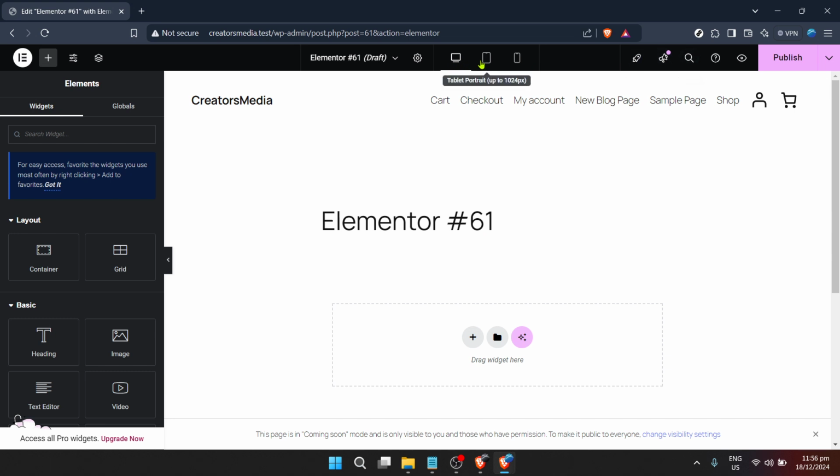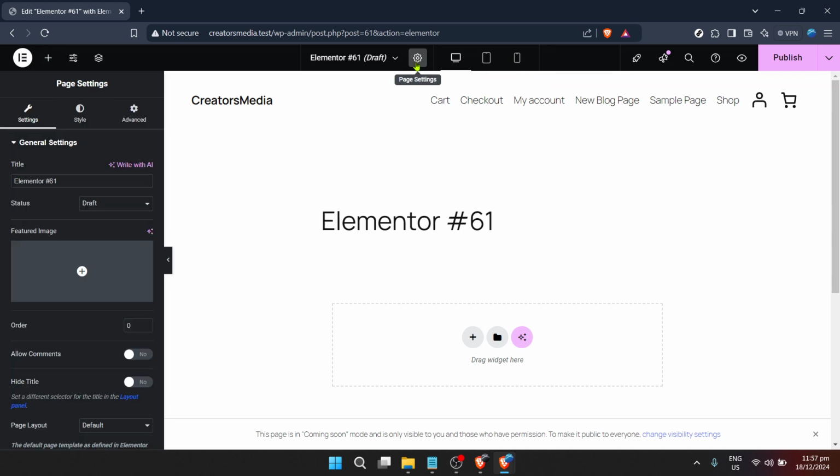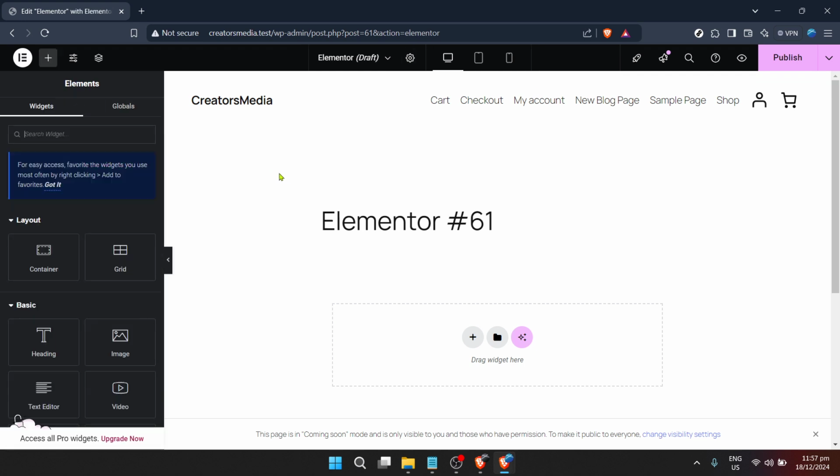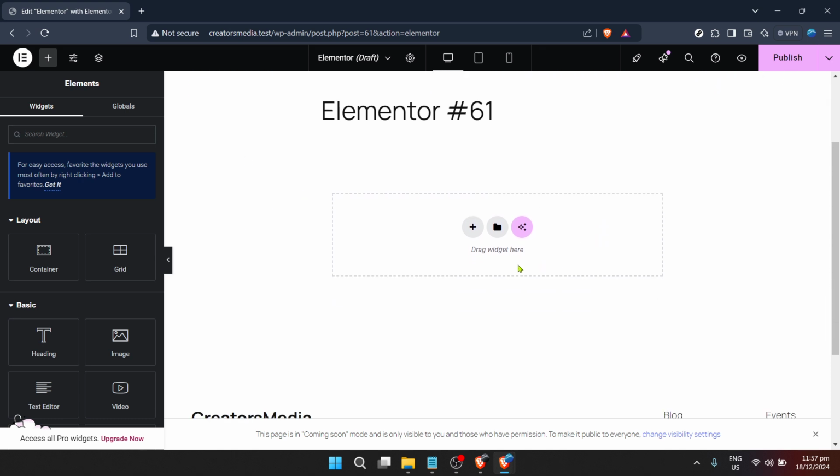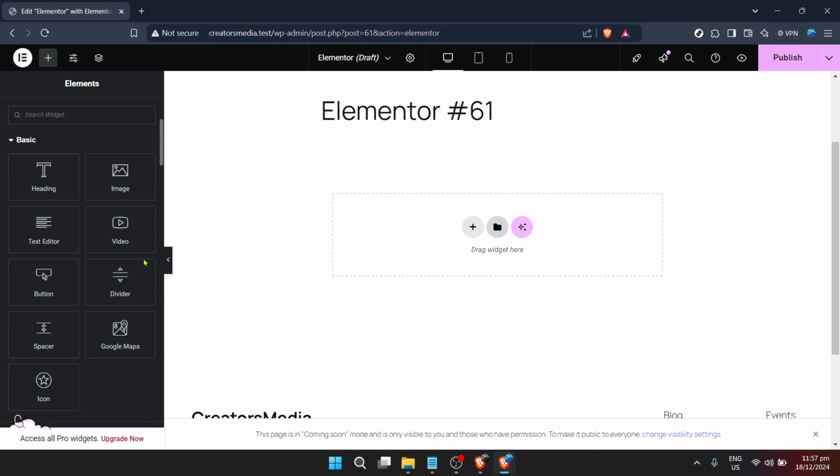Finally, once you're happy with how your page looks, it's time to click Publish. This will make your new WooCommerce shop page live on your website for the world to see. But don't worry, publishing doesn't mean you can't go back and make changes later. The beauty of WordPress and Elementor is the flexibility they offer. You can update your page as often as you like, refining your layout and content to continually enhance your users' shopping experience. And there you have it.